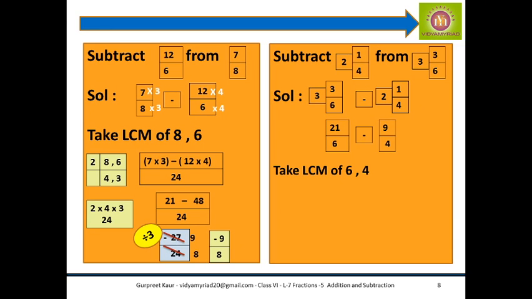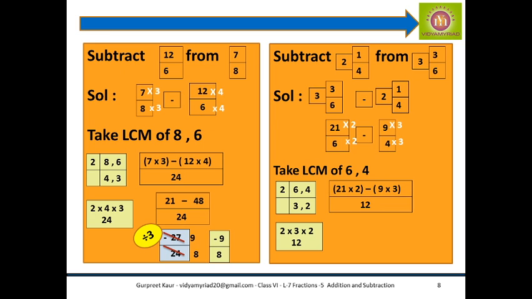Find its LCM of 6 and 4. You get 12. Now in order to make 12, you need to know you will be multiplying the first fraction with 2 and second fraction with the 3. So find it out. It will become 12 as your denominator. In the numerator, 21 into 2 minus 9 into 3, it gives you 42 minus 27, and the ultimate answer is 15 upon 12. And 15 upon 12 is divisible by 3, so I can cut it, and my final answer comes as 5 upon 4.